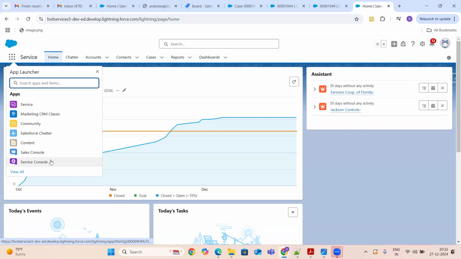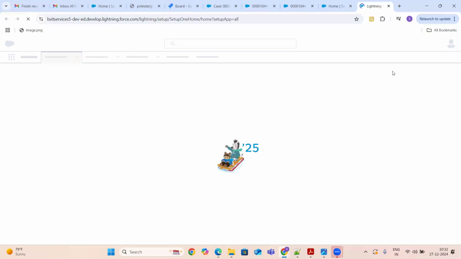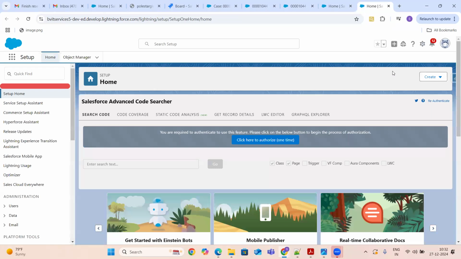But if you want to verify what configurations they have done as part of this application, you should know how those applications get created. That is the first thing we are going to learn as part of our customization: how to create our own app.